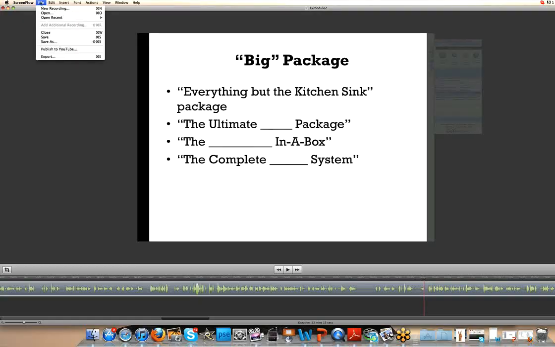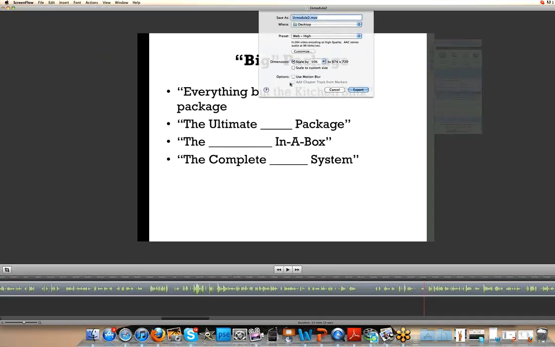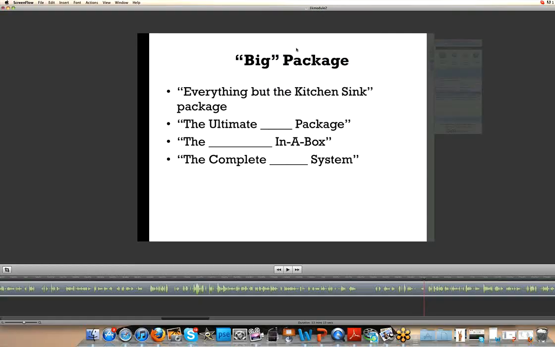So after you save it, all you do is export it. I export it usually as a movie file, and I click export. And then it's going to go right to my desktop. And that's it. So now I have the movie file. After that,